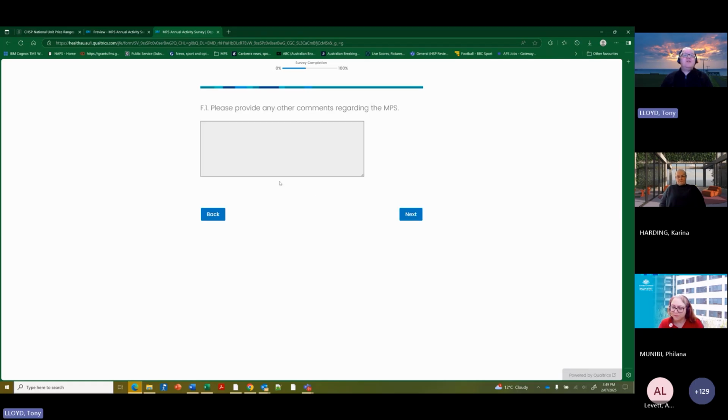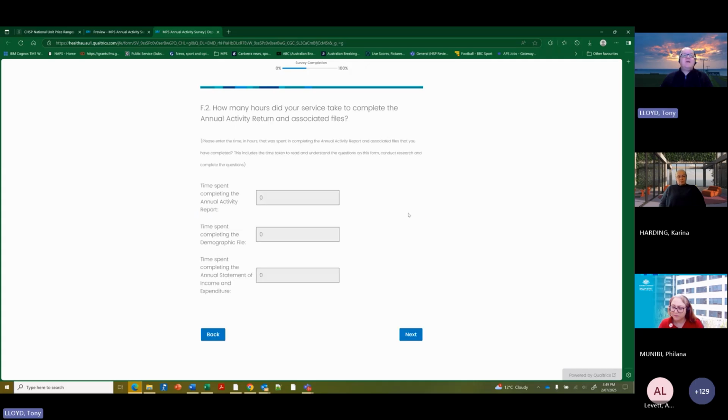And then there's a final question that gives you an opportunity to provide other comments regarding the MPS. And then finally, we have a question about how much time it's taken you to complete the different annual reports. We do this to get an indication of your respondent burden. So how much of a burden of time are you having to spend to complete the reports? That's really important to us. If you have a really high amount of time when you're doing it, we might come back later and talk to you about, is it a problem with the design of the reports, the process, or do you have other challenges